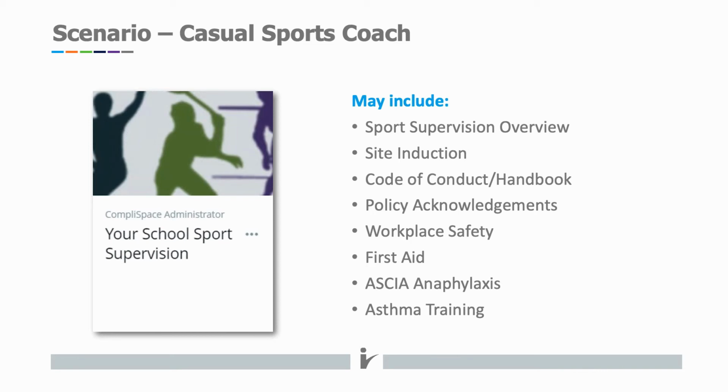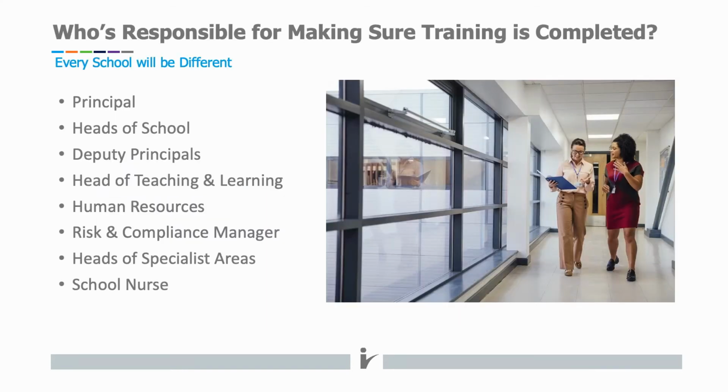And that's often the way that I go into schools and look at this, and may have done that with many of you who are listening today. So next, once you've identified who you need to train and what they need to be trained on, you really need to identify who is responsible for making sure that the training is completed in the school. And that does vary, and you can see the list here of who it may fall to. It will really depend upon your school as to who does what.